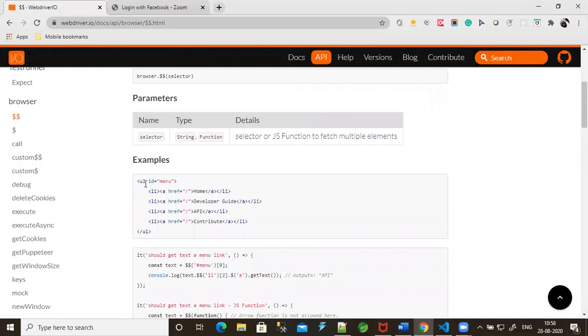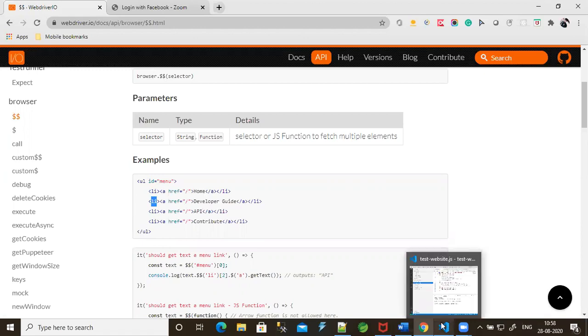We'll see an example. There is a UL HTML tag, and inside this there is a list tag. So once you use a double dollar, all the elements included in the list we can get in our console. Let me go to the practical session and implement that. Let me open my Visual Studio Code.